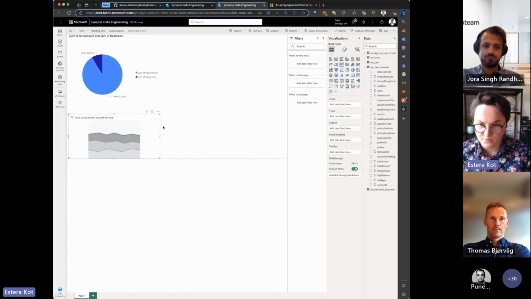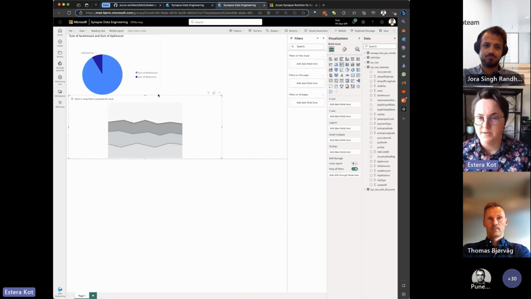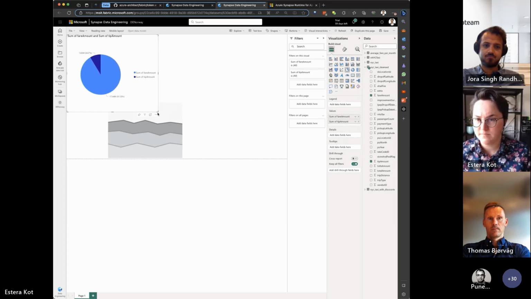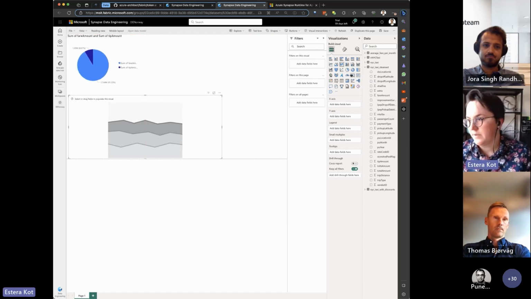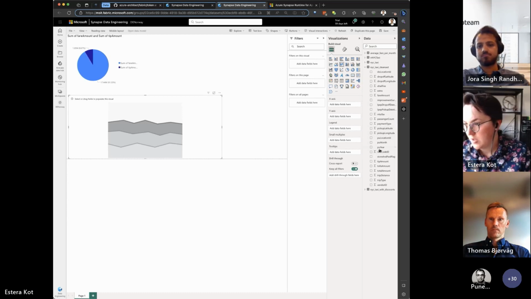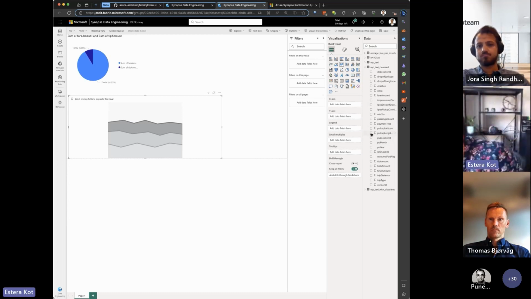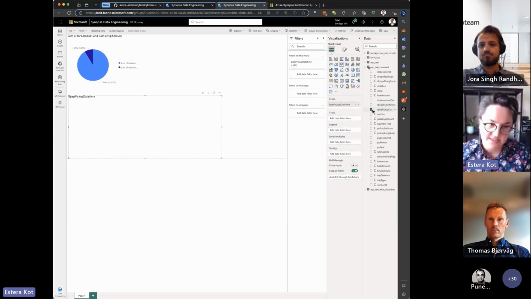Another chart would be the type named stacked area chart. And here I would love to use the pick update. Find it. Pick update. Yes, that's it.